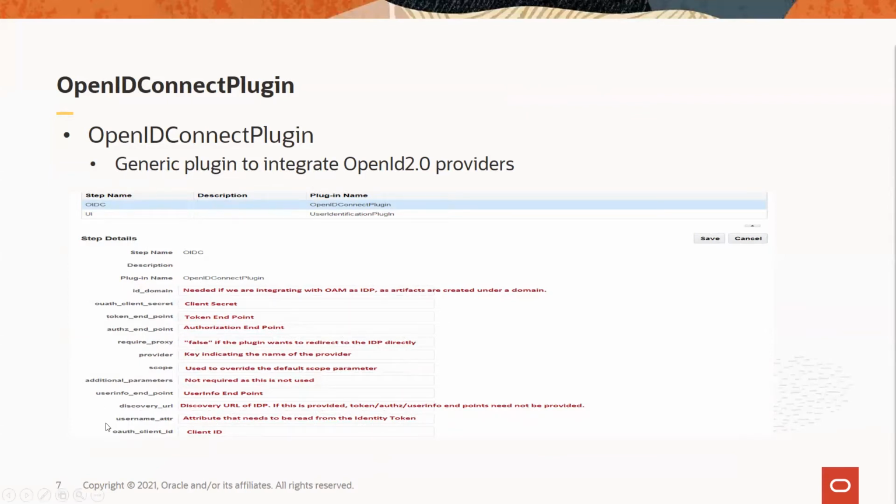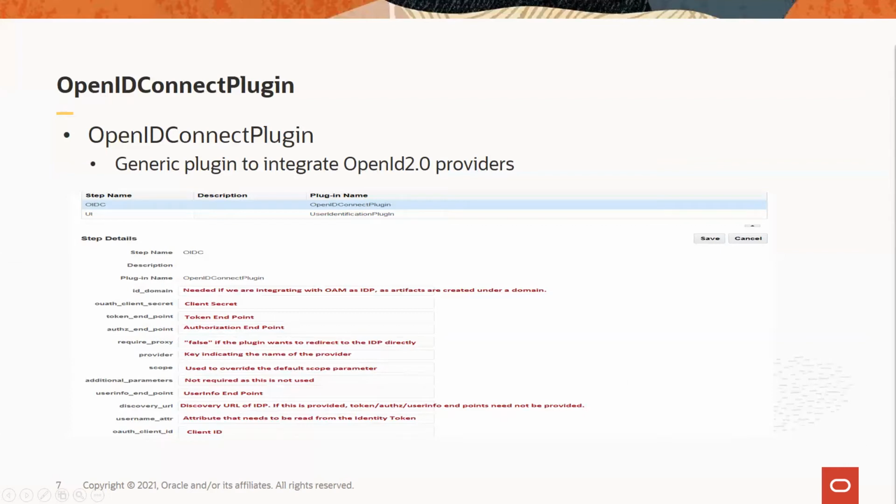The key parameters you see here are the client ID, the client secret, a user attribute, a discovery URL, the type of provider, then the token endpoint, authorization endpoint, and user info endpoint. Some of these parameters are optional and some are mandatory, and it depends on the other parameters which are configured here. We will look into this in detail further.